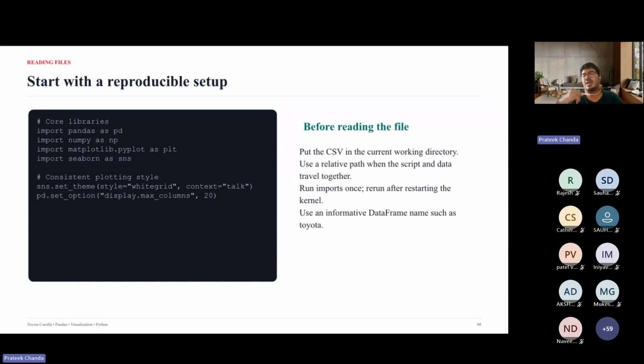There is also one other library called matplotlib, which is a very popular library in Python for plotting functions and visualization. There is also another library called Seaborn, which gives you a very complementary style of plotting to Matplotlib. So we'll look at both of them in this setting. What we are doing here is setting a theme for Seaborn with a white grid background, and we are also setting the pandas data frame display with maximum columns set to 20.